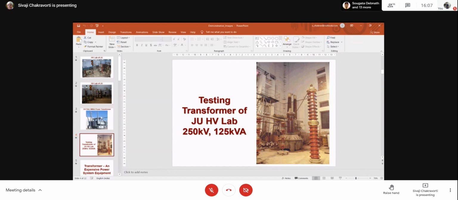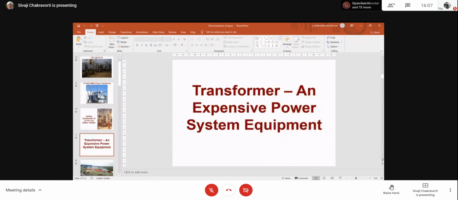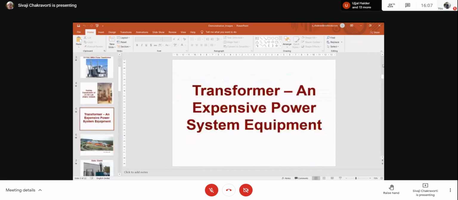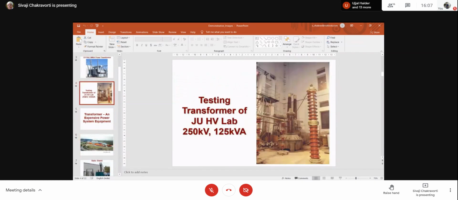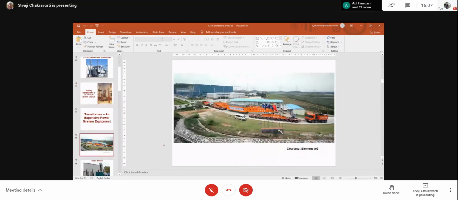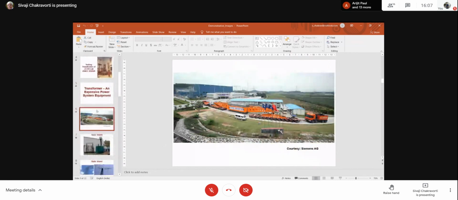So can you have a 1000 kV capacitor? It's not possible. Just not possible. And it is a relatively smaller testing transformer. By the way, what is it here? This one. Anyway, I think this photograph I have already shown you, right? Is it I have shown you earlier? Yes or no?